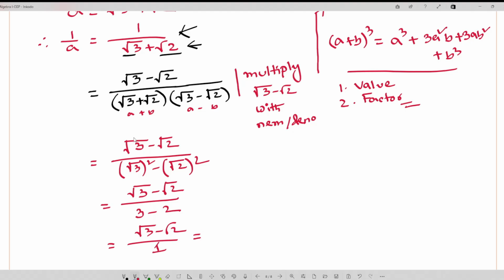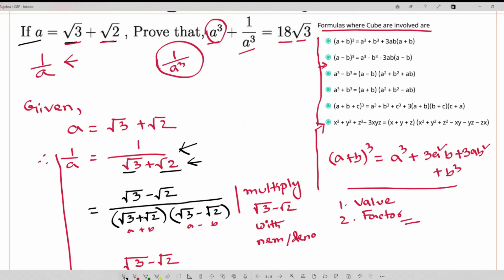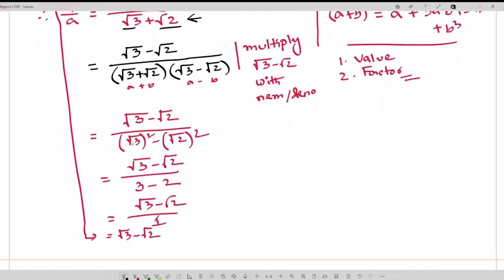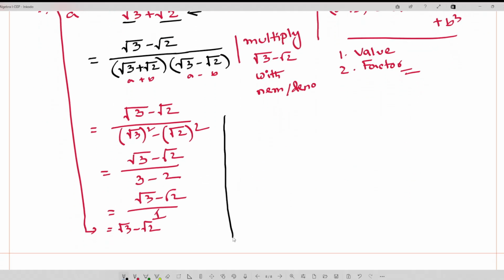So we can write 1 by a equals what? Root 3 minus root 2, okay? So two things we already get. One is a means root 3 plus root 2, and 1 by a means root 3 minus root 2. Now we will prove a cube plus 1 by a cube equals 18 root 3. So here we can use,